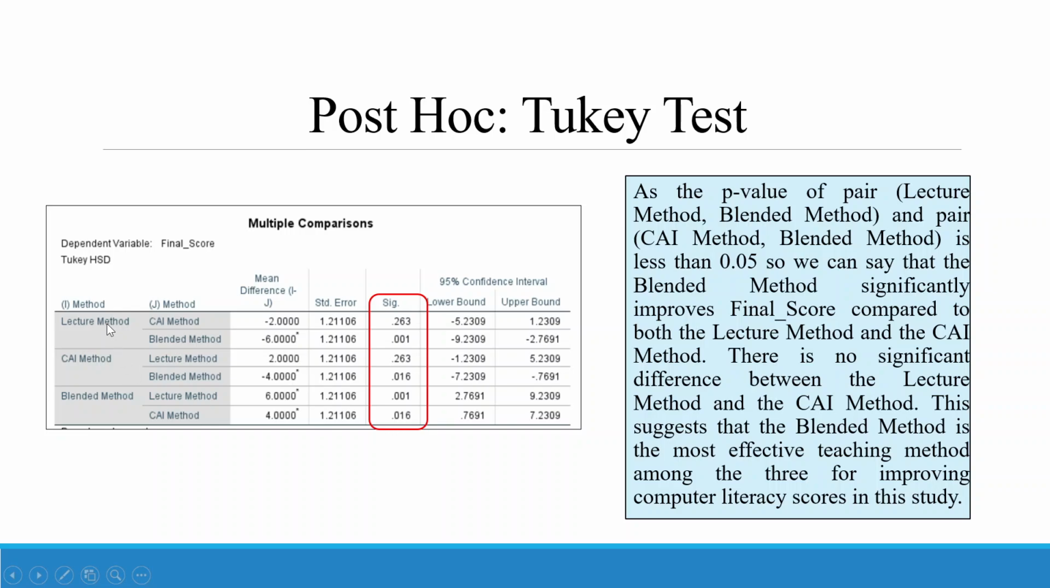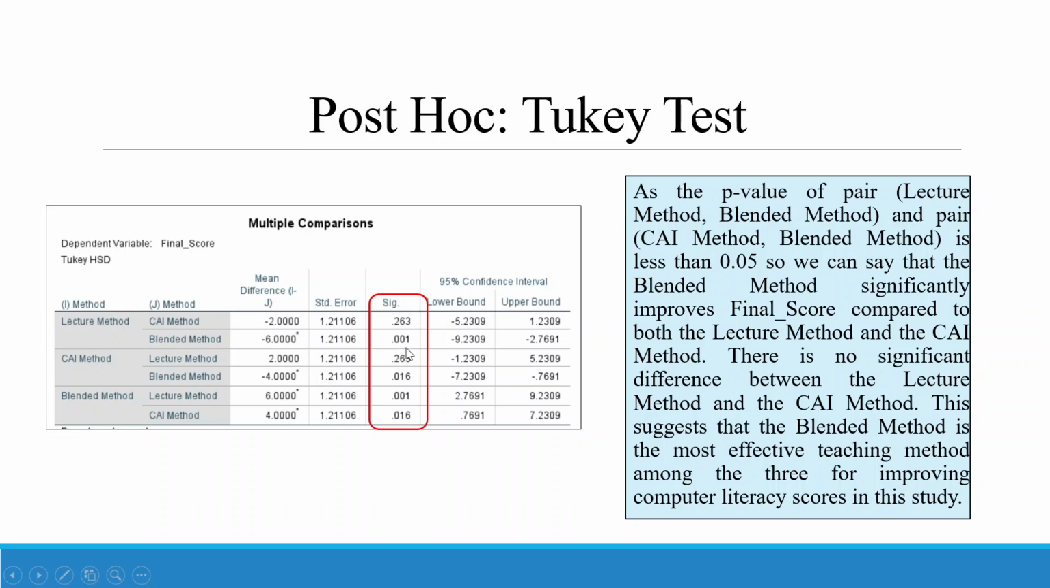Now you compare lecture method with CI method or CI method with lecture method. The difference is only in the sign, -2 and +2. The p-value will remain the same, so there is no point in comparing the things again and again. Let's do the interpretation. As the p-value of pair, lecture method and blended method, the difference is